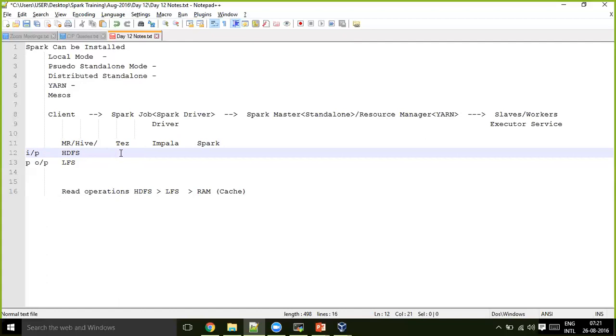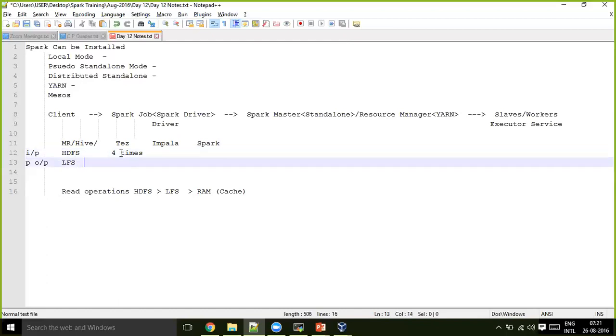It was able to run only up to 4 times the speed of MR. So it also reads the input data from HDFS and intermediate data from LFS. It evolved from the Hortonworks Hadoop distribution.